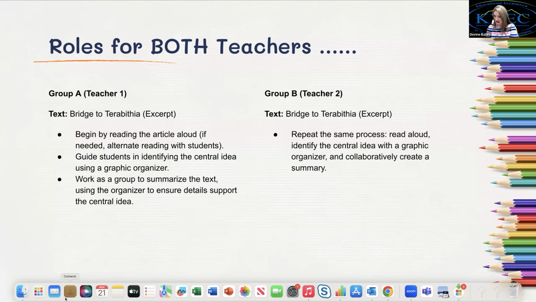Maybe the way they read is different. Because remember, we may have some kids that need access, that have a disability and need a reader. So we think about those things when we're planning. But both teachers have a group, right? So you can imagine that that is always better when you have smaller groups and both teachers are directly instructing kids. Because sometimes I teach a lesson and somebody had an idea that was different than mine,